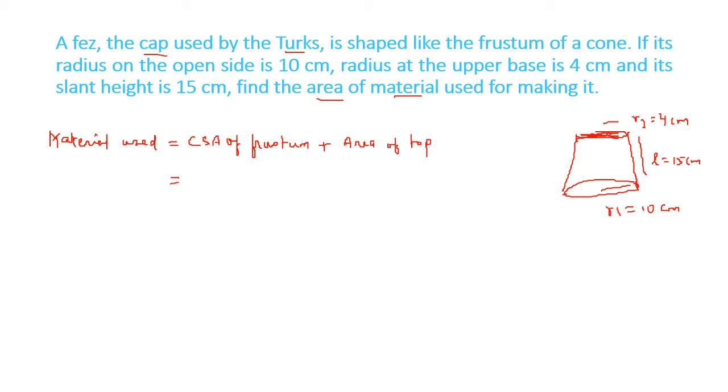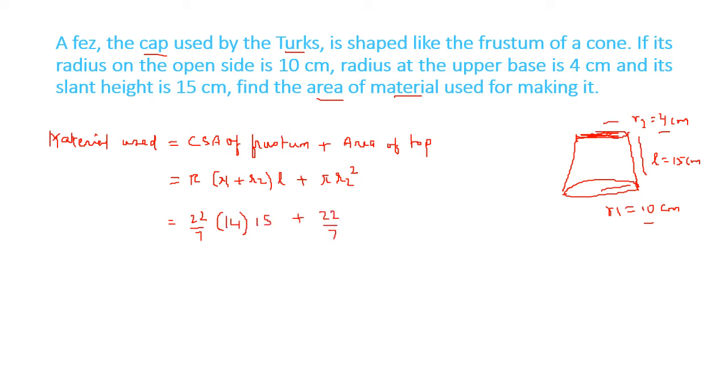Do you remember? It is pi R1 plus R2 into L, plus area of the top will be pi R2 square. So 22 upon 7, R1 plus R2, so 10 plus 4, 14, into L, that is 15,